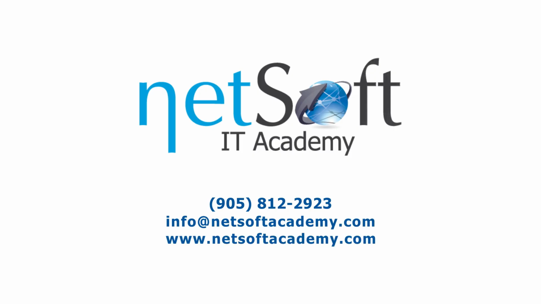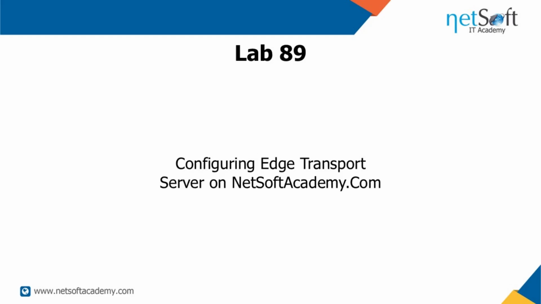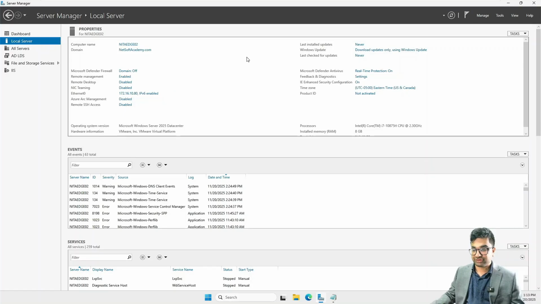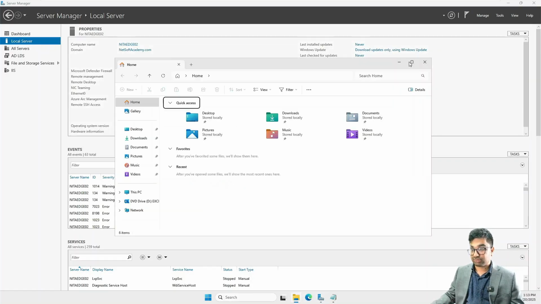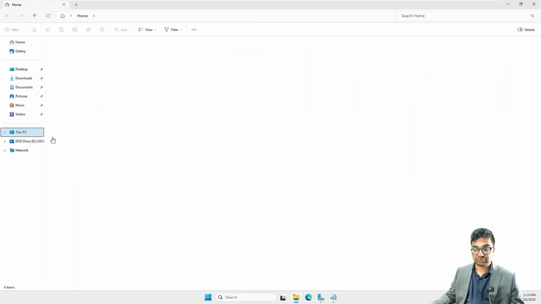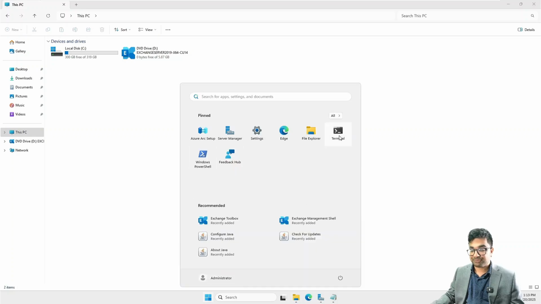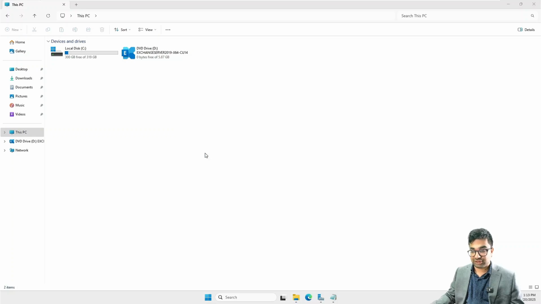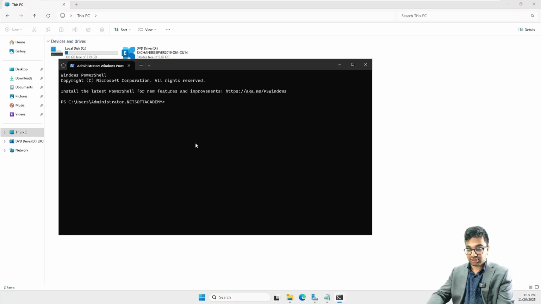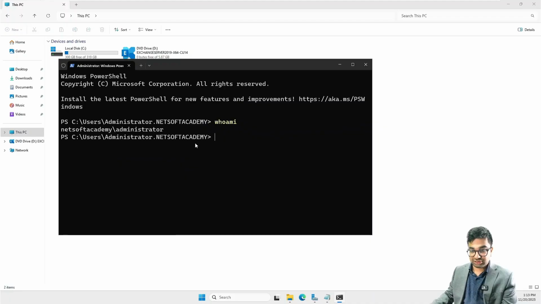www.netsoftacademy.com. So now let's start with lab number 89, where we are going to be configuring our Edge subscription. First things first, on Nita Edge 02, I'll log in and navigate to my file explorer. Now remember, I'm logged in as the enterprise admin, and one of the ways that I can easily check that is on the Windows PowerShell here. I can just type in whoami,